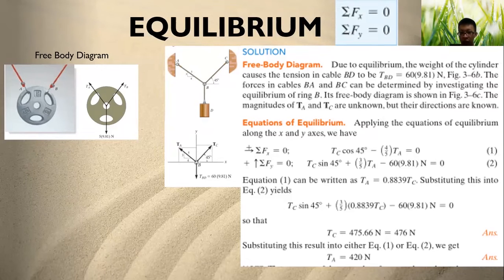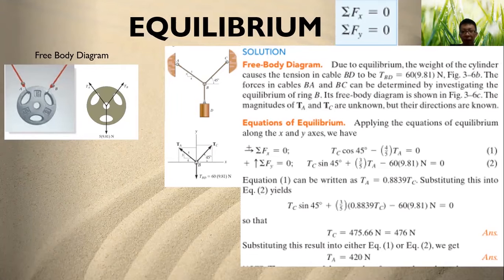So tension A and tension B, and the object has its own weight, which is 5 times 9.81. The 5 represents the mass, and 9.81 represents the gravitational acceleration. So it's 5 times 9.81. So let's take an example on the right side. So we have a solution,